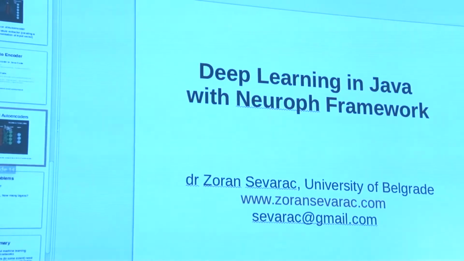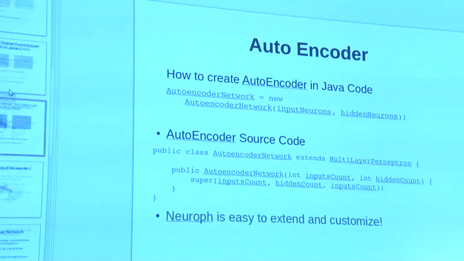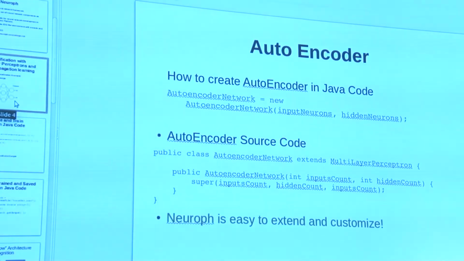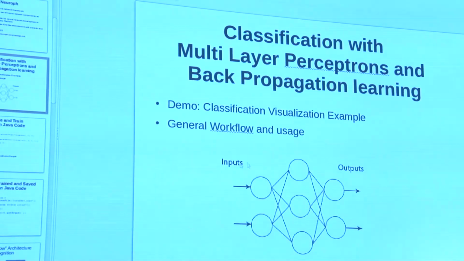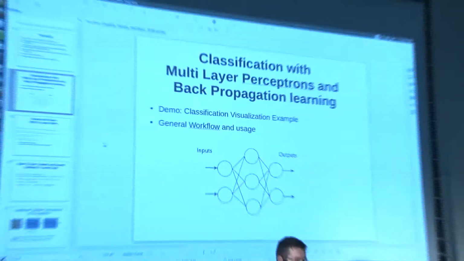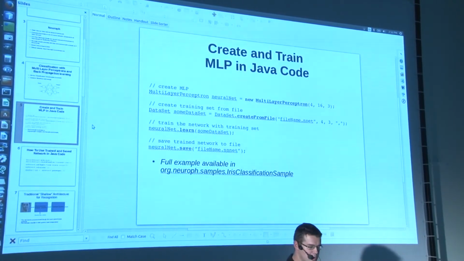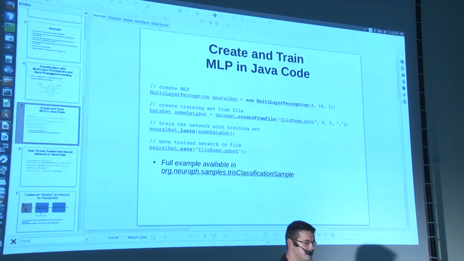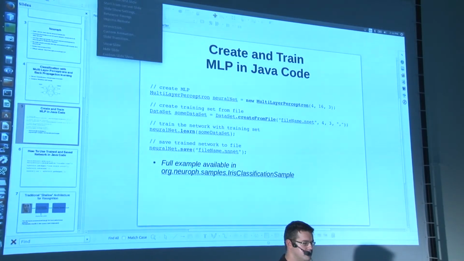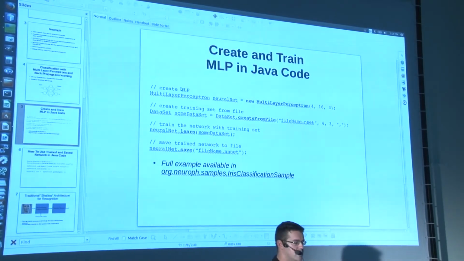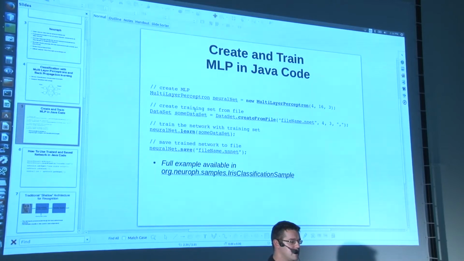Now, one important thing. This is the block you already saw; I showed you how it looks in Neuroph. Now, how does it look when you want to use it in code? Let me show you here. To create a multilayer perceptron in Java code, you just need to use the multilayer perceptron class with a simple